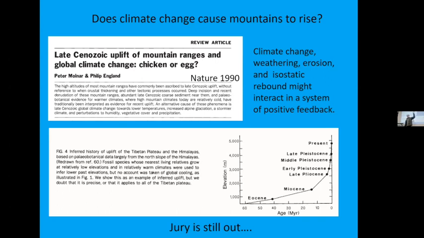So I mentioned this at the beginning of the talk. I was going to come into an example that shows that these lines are starting to go every which way on that flow diagram. It's not mountains rise, erosion down. They're arguing erosion itself, once you get mountains high enough and you start getting glaciers, but this also could happen with rivers, and you start removing that rock mass due to erosion, that in itself could cause mountains to rise due to the isostatic rebound. So they say it's a chicken or egg thing. The jury is still out.